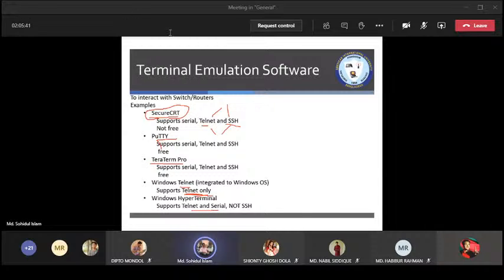So the thing is, what is the difference between telnet and SSH? How will you find out where to use telnet or where to use SSH? Suppose you are the server, now you are the web administrator. There are hundreds of PCs under your command. Now you cannot go out there and